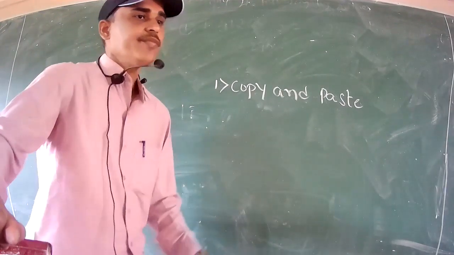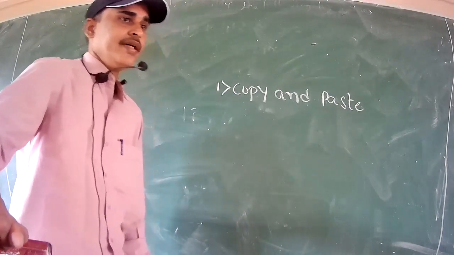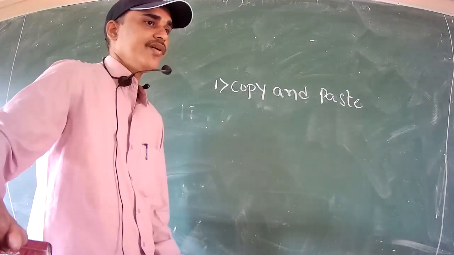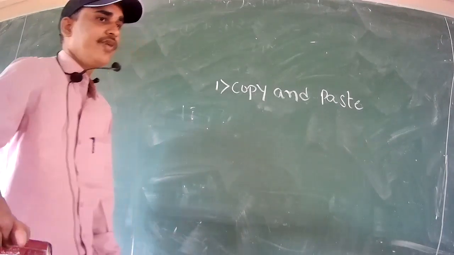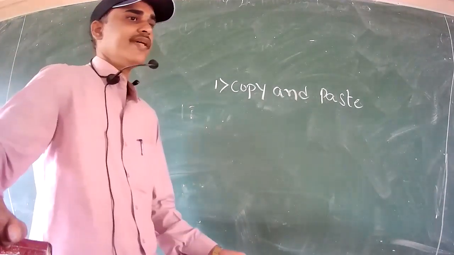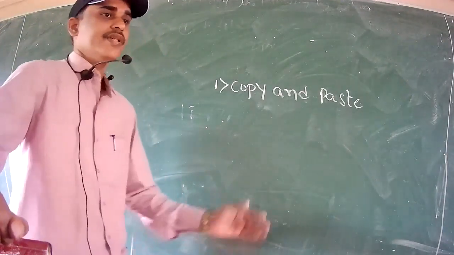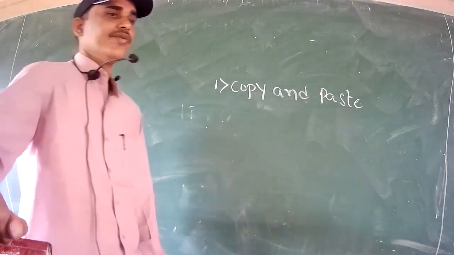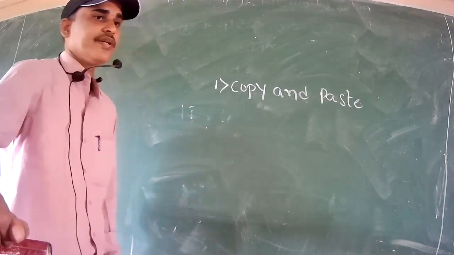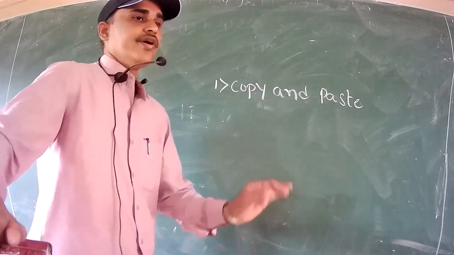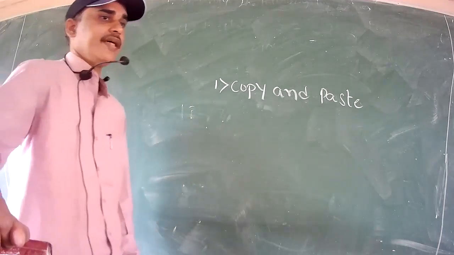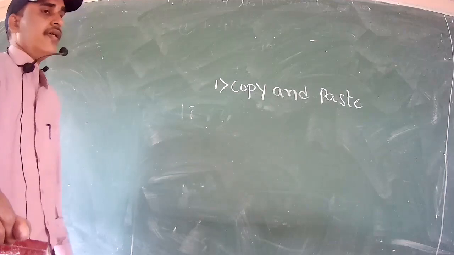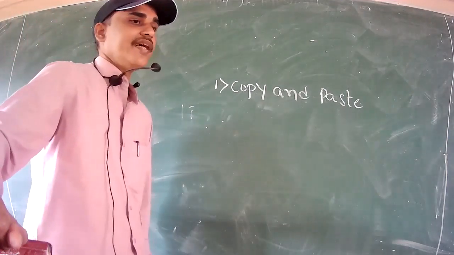When the information is copied, what actually happens is that the information is transferred to the clipboard. Many of you may not know what happens after we copy the information. You just know that in the copy and paste method, information is moved from one place to another place. But once you copy the information, it is stored in a temporary memory location called the clipboard. Then you have to minimize MS Excel and open the Word file where the Excel data or the chart is necessary.